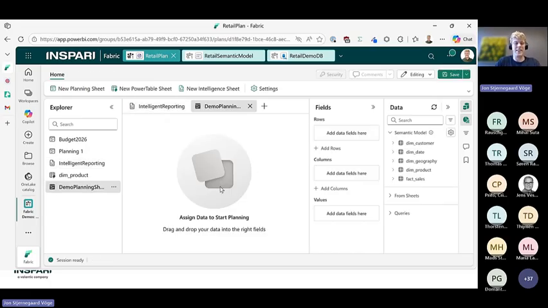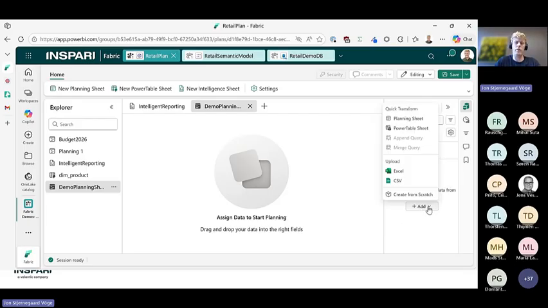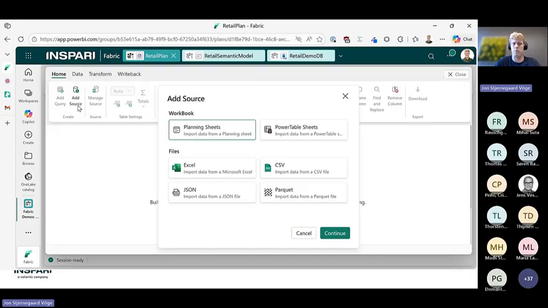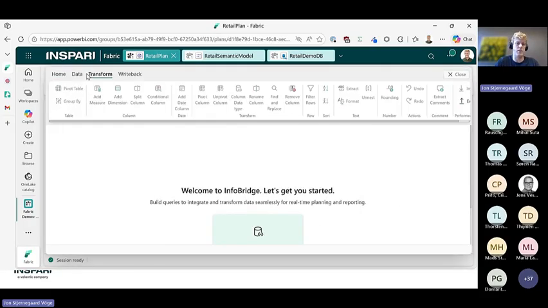So here I'm creating a new planning sheet, and it looks a little bit like Power BI. If you haven't already connected to a semantic model, you'll be able to do that from this interface. If I wanted to, I could also pull in data from other sheets I had created, or I could even create a sort of Power Query-esque query here, where I either upload an Excel or CSV file, or from scratch add a data source and do all kinds of transformations on it.